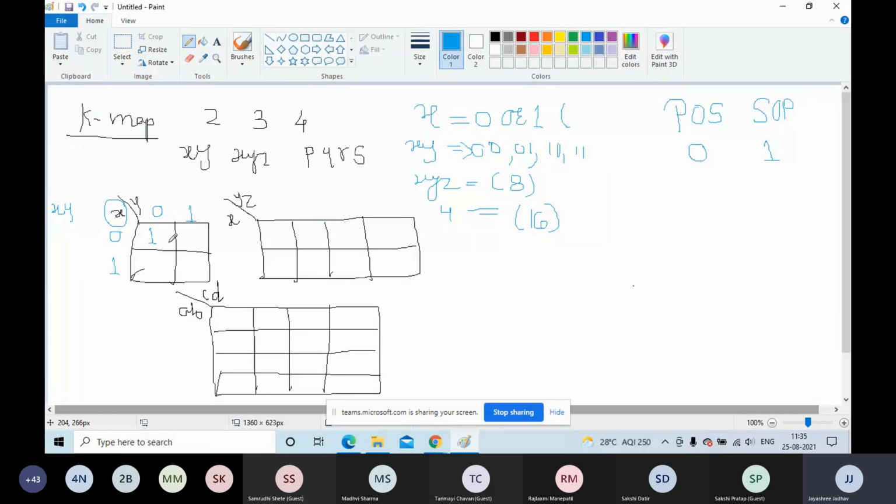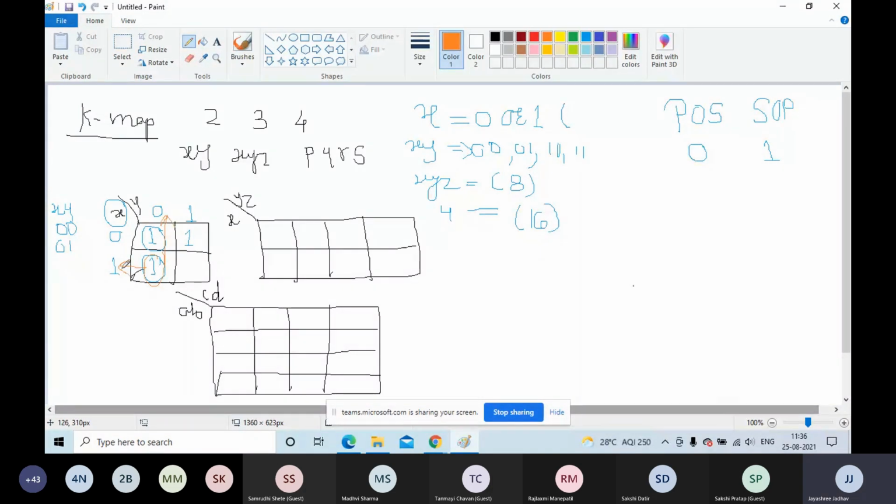I will take one example and then explain it to you. You just remember the terminologies: how to write the K-map and how to enter the values. So the value of x is 0, the value of y is 0. This is one combination for this cell. If I am putting 1 here, what is its combination? The value of x is 0 and the value of y is 1. In the same way, if I am putting 1 here, you have to look at this side also, the row and the column.